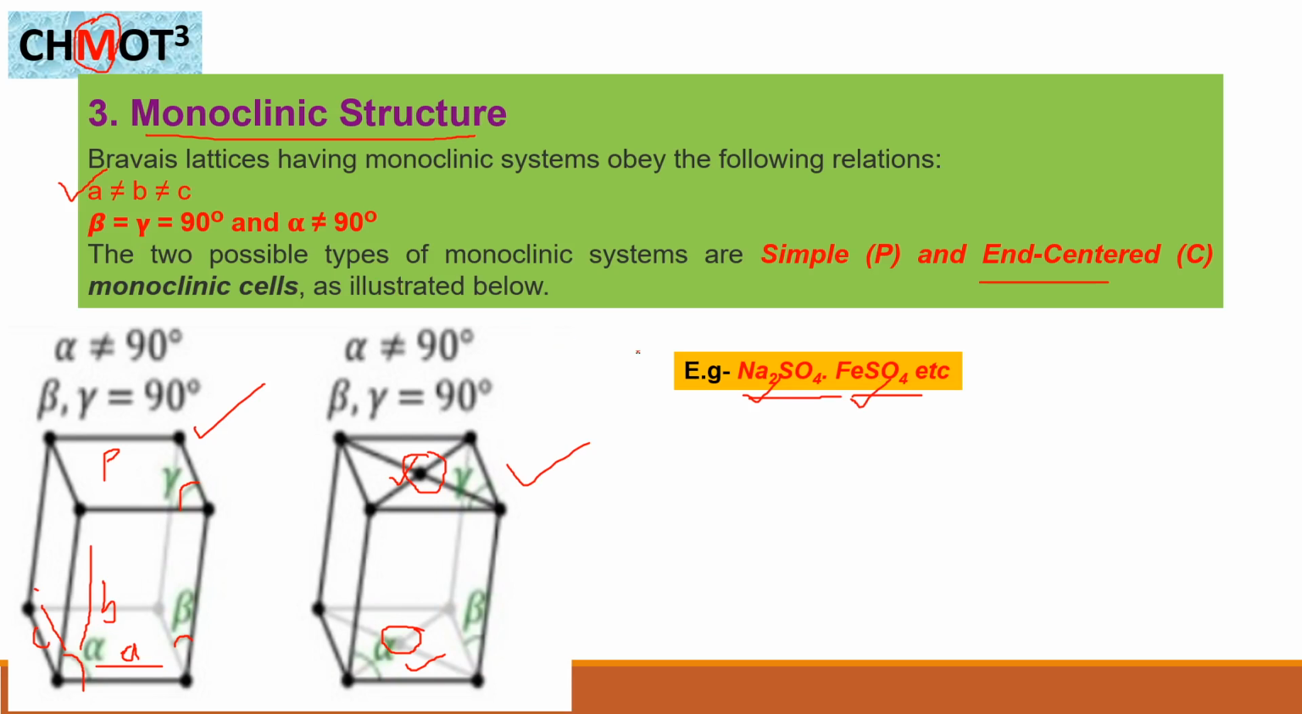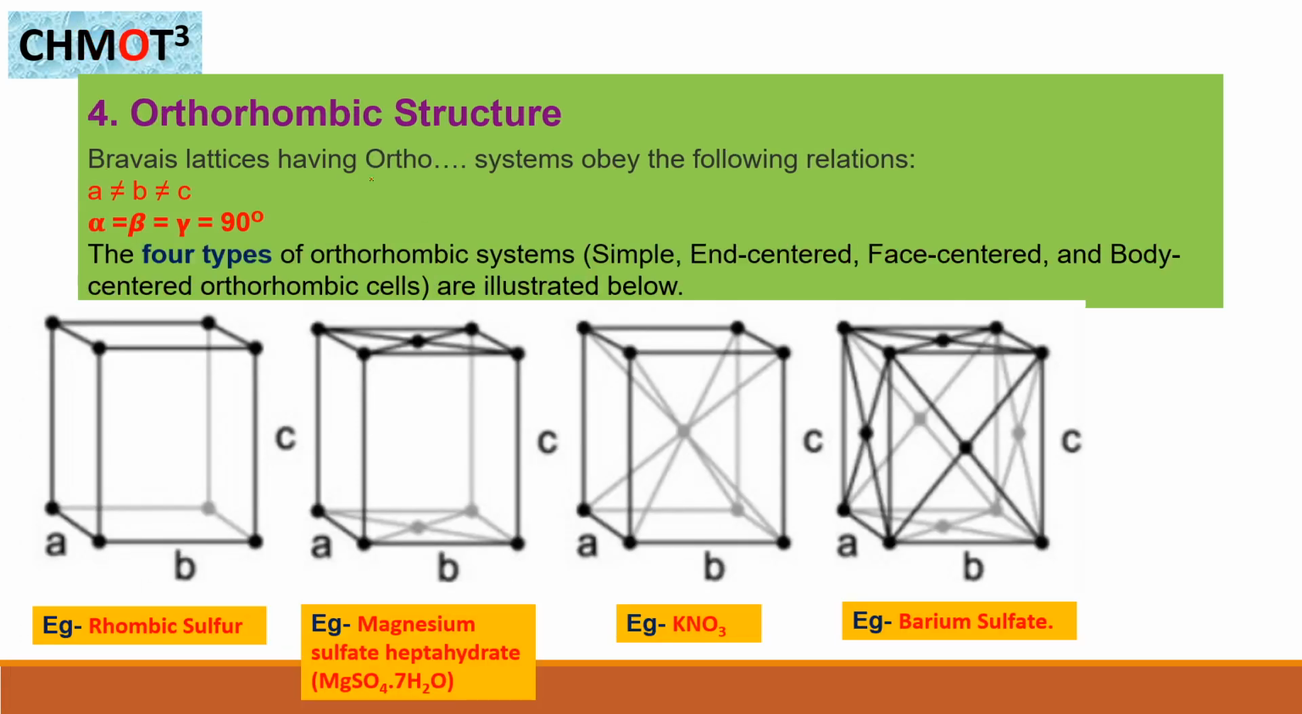Okay, now discuss the topic of the orthorhombic structure. This O represents an orthorhombic structure. Okay, so the Bravais lattice having orthorhombic systems obeys the following relation. In this case,